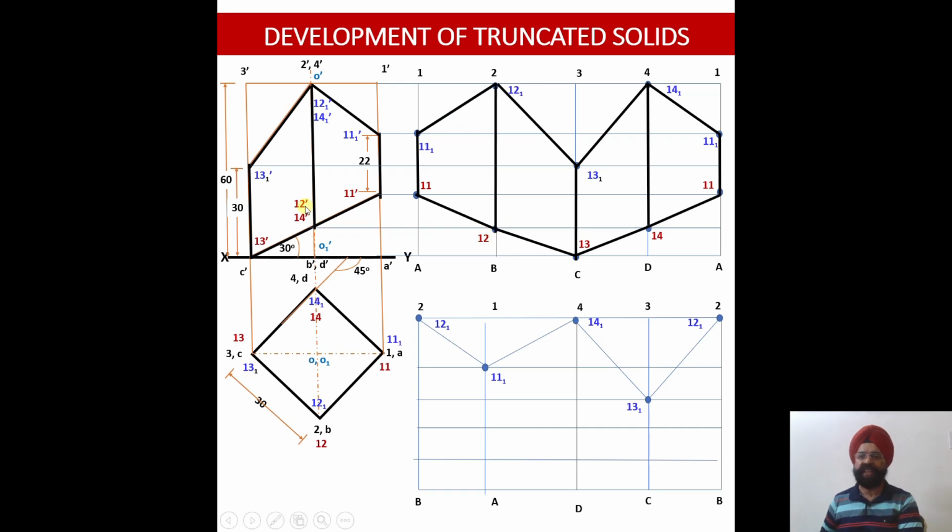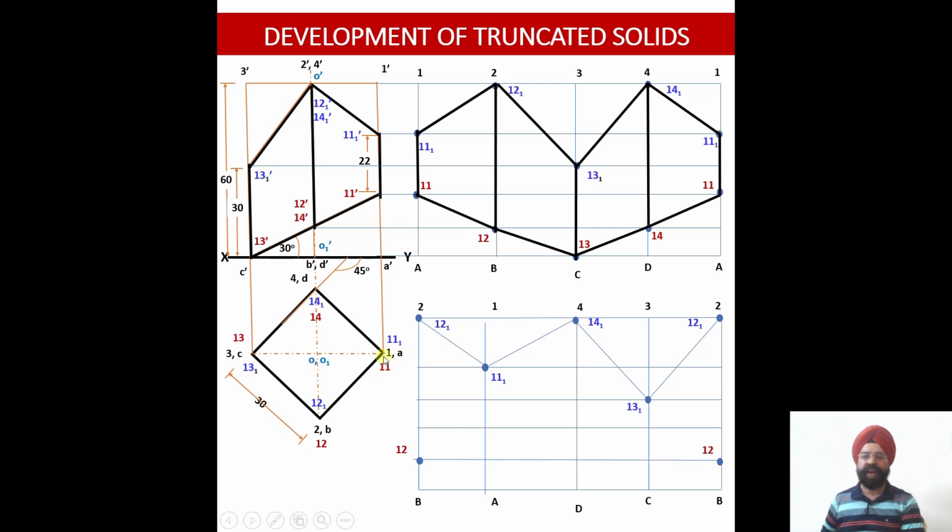So point 12 dash is the point of cutting or point of intersection of the edge 2 dash B dash by the second cutting plane shown by red color. So 12 appears 1 up from the bottom or 5th from the top. So which is this point? This point lies here, 1 from the bottom or 5th from the top. So I obtain this point as 12. Since 2 is my starting point, it is also obtained on the last edge, that is 2B, as well. Now from here I move on to point 1A.